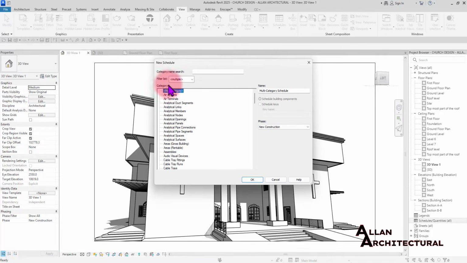And before we get into the category, you can see at the top in here we have the filter list. When you click on that drop down menu, Revit is going to give you some scopes for you to check. So if I was going to work on some architectural quantities, I'm going to make sure I uncheck all of these, and then I just check my architecture, and I'm going to work on only the quantities of the architecture